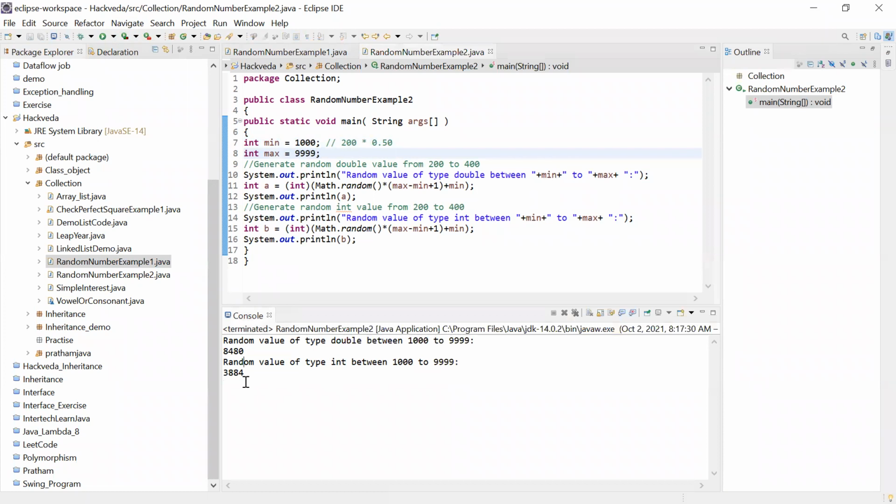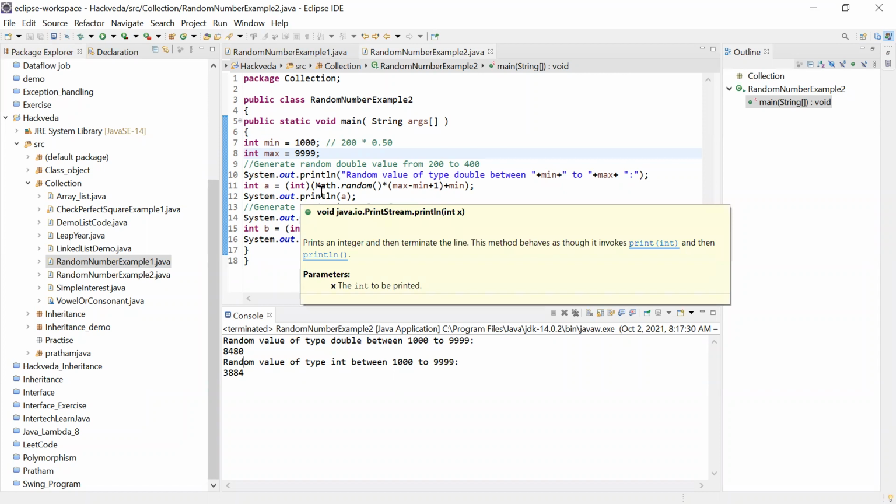So every time you will get a random value in this range, like the four-digit OTP generated for your banking transaction or UPI. Google usually gives you a six-digit one, right? So there you can make changes to six digits and generate a random value. This you should also be aware of. Now how is it working? You are just typecasting the value with the help of the math library.